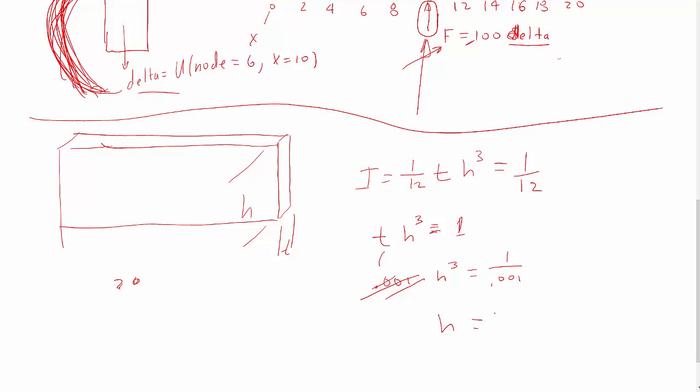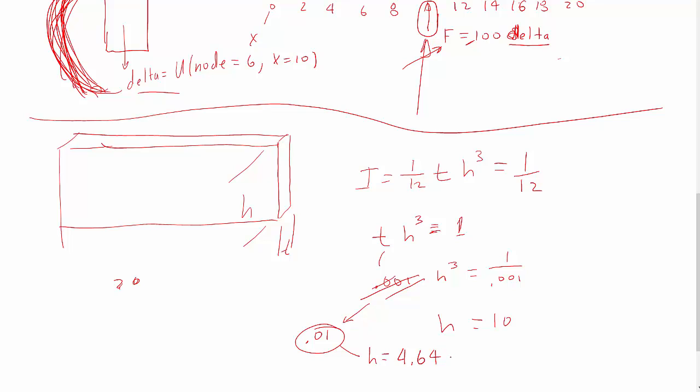That's too big. So how do I get this to be smaller? Well, let's try 0.01. Then if I get this value, my height can be 4.64,